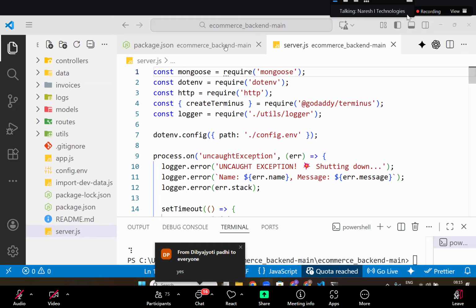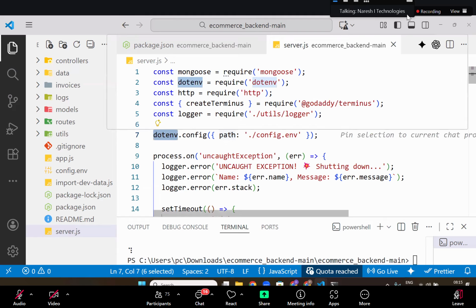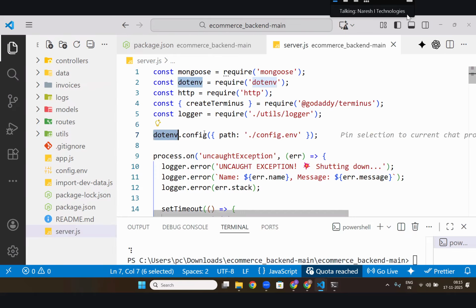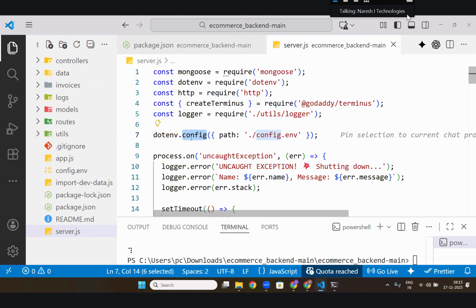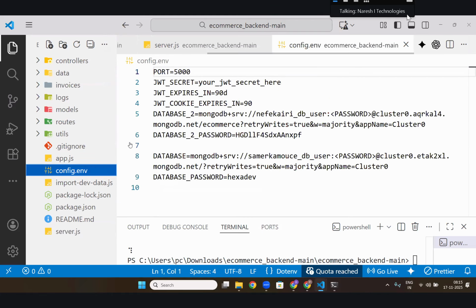So let's start here. Dot env config. This guy is doing something with env config. Dot env config normally takes the .env file, but this guy is saying don't take .env, take config.env. So it will go to config.env and take these values.